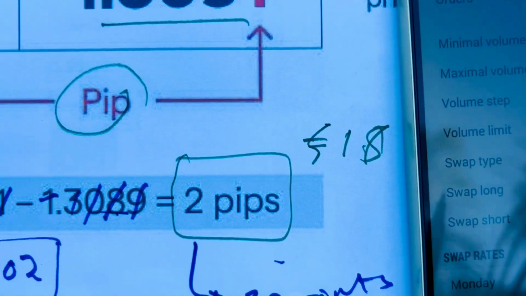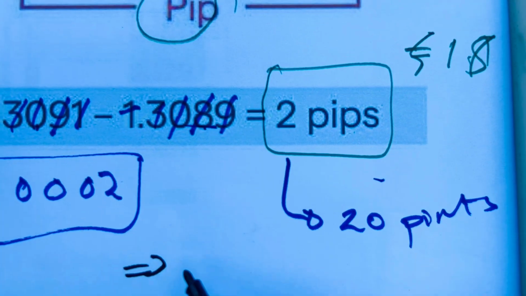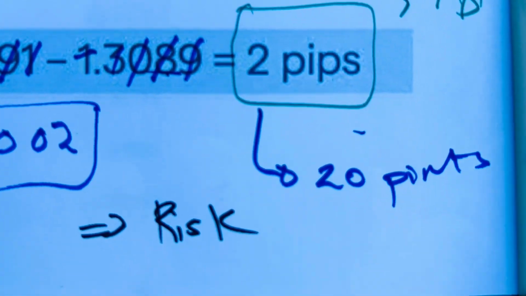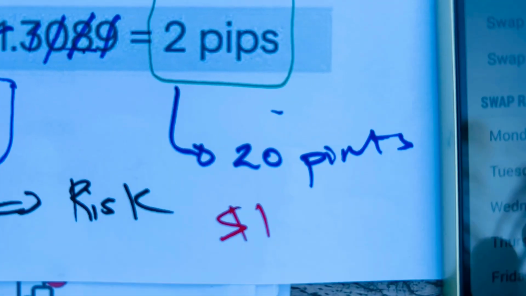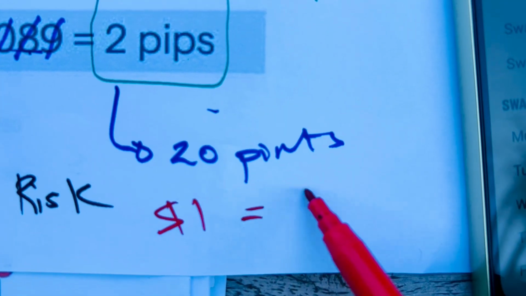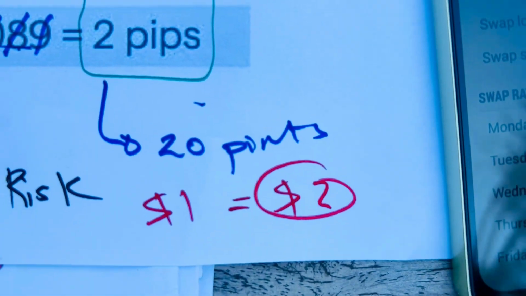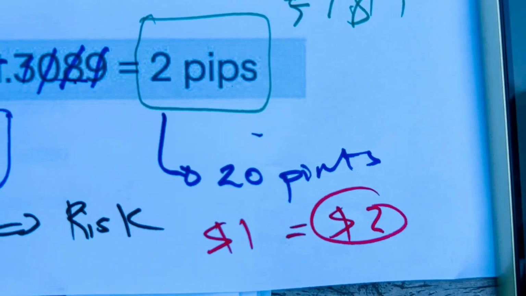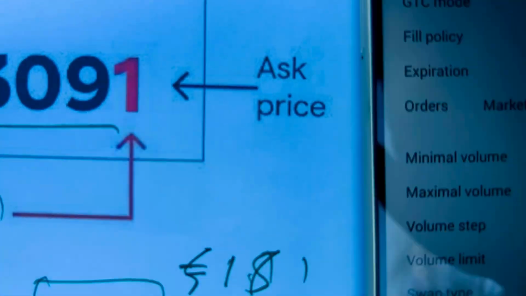Simple. So you will know if right now you understand the points. It's important to know this so that you can understand your risk, because you'll be thinking that you are risking $1, but in reality you are risking $2 or €2. So it's important to know this. So when you go back,